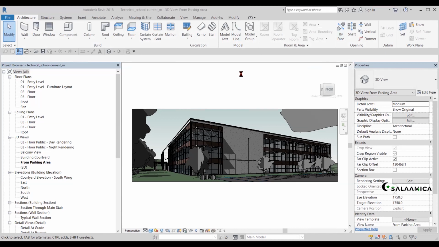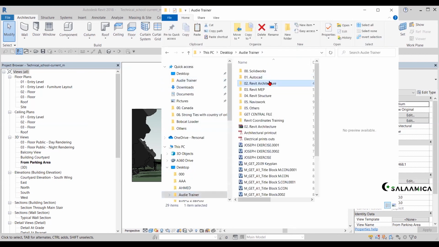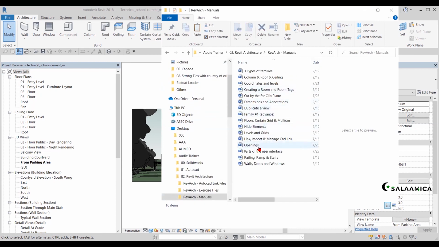So basically, let me just open this file. The file I'm about to open is also a part of the files which I give you, no? Okay, so the parts of the user interface.